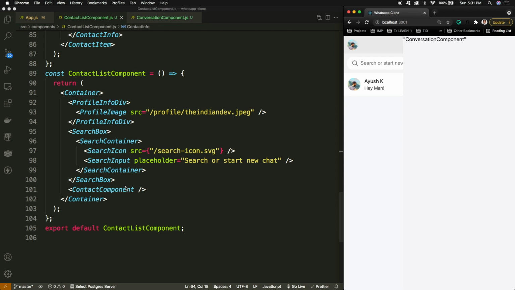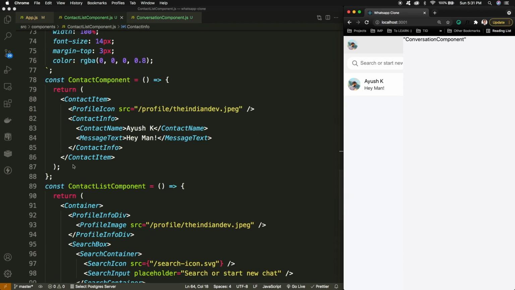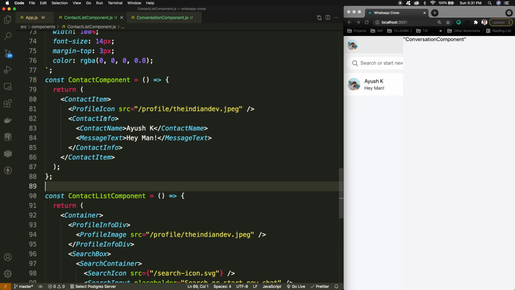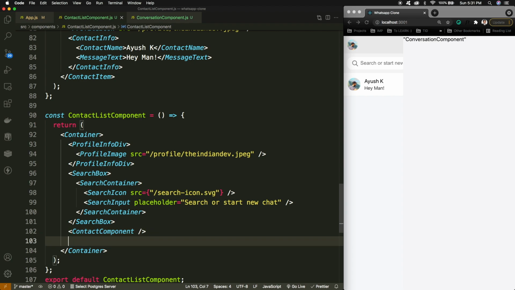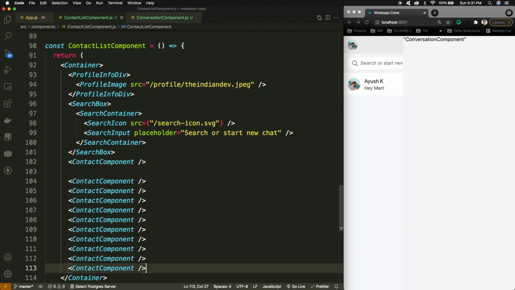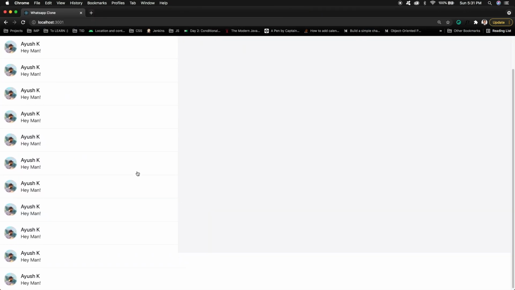The reason I created this contact component separately is that it will be reused, in case I want to have a lot of contacts. Here you can see that here we go.